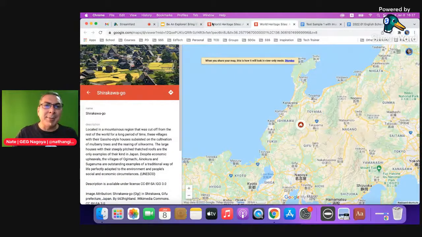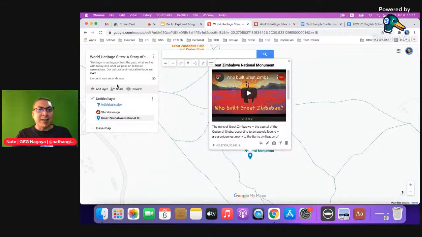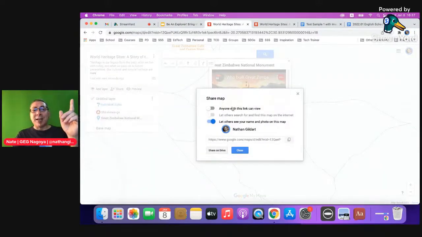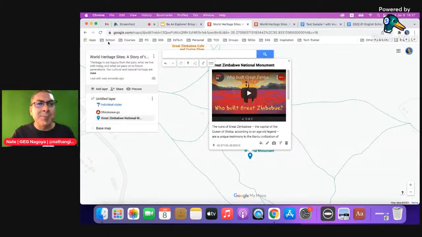Now you can do this. You can create a map, and actually you can share, by the way, too. You want to toggle anyone with the link can view, and then let others search for the map. And then, of course, if you want to embed it or share it on Google Drive, this is where you go. I'm actually not going to share this with the world right now. I'm going to close it, but I do want to show you